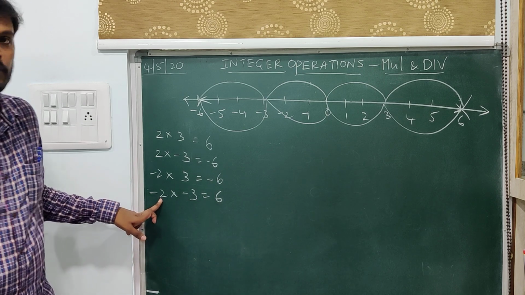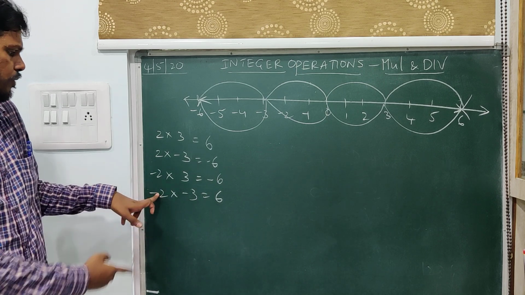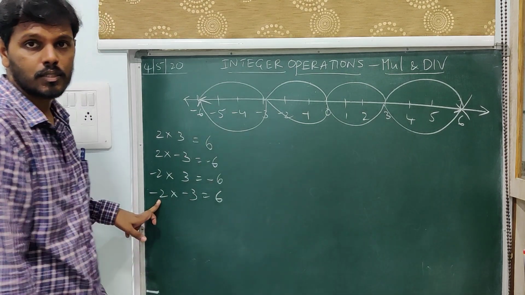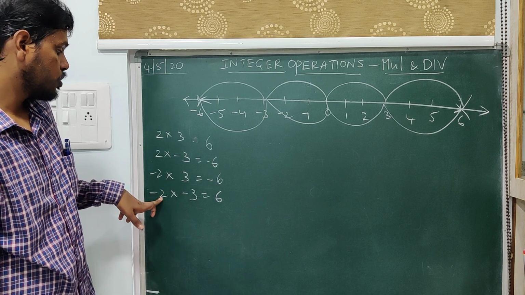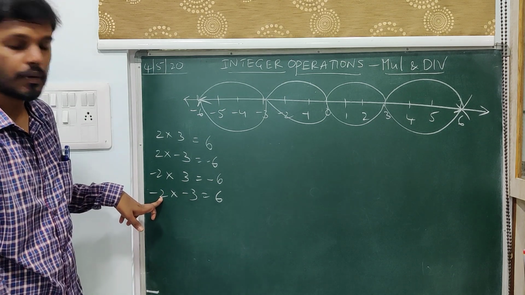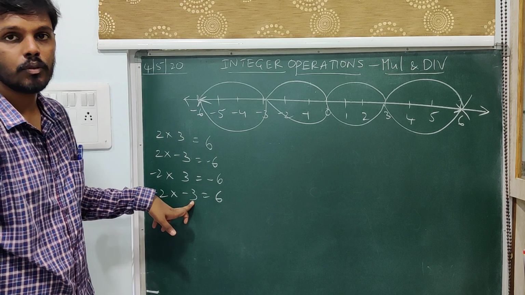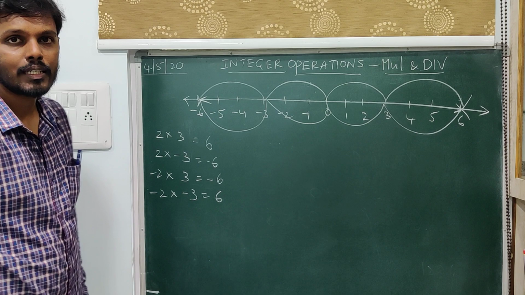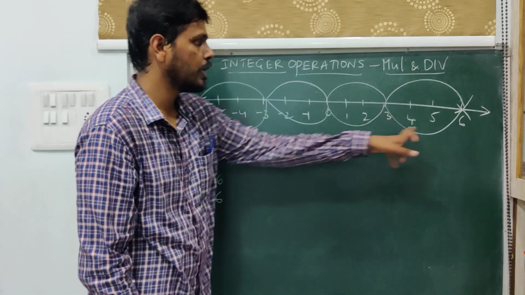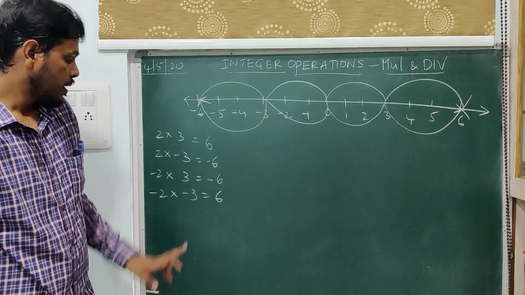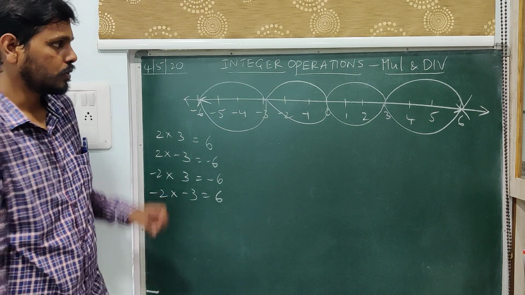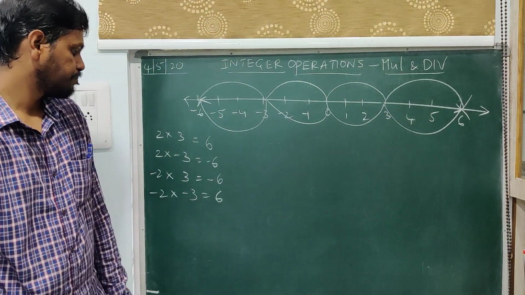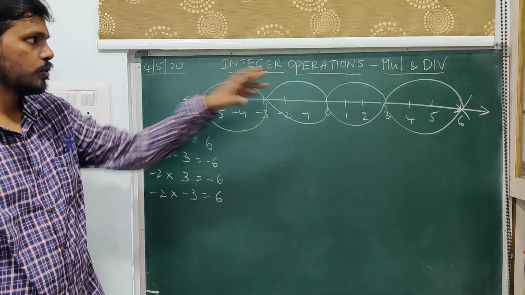So whenever the multiplier is a negative number, it means that it is a successive subtraction. Now this 2 tells you how many times you need to subtract, and this number tells you how many units to be subtracted. Now here minus 3 is a negative number. So whenever you are subtracting a negative integer, you will move in the positive direction. That is what I have done. I have moved in the positive direction, and I have to subtract 2 3s. So this is one 3, this is one 3. So finally I have landed up at 6. So this is with regards to multiplication.